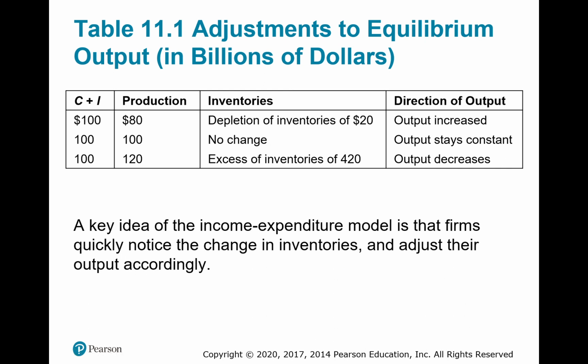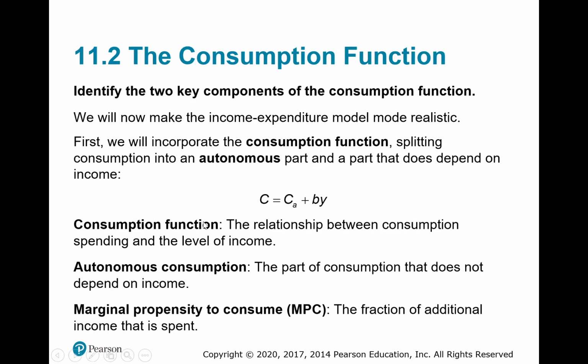All right, so these are key ideas of the expenditure model that firms take quick notice of to adjust how they're doing things. All right, if we also then notice how we consume, we then have to look at the consumption function. All right, that's C plus I, we're going to manipulate a little bit. We know that everything that we do that's not spent is obviously going to be saved. So we're going to put that off to the side and make it a 0. Remember, we like to hold things constant or fixed